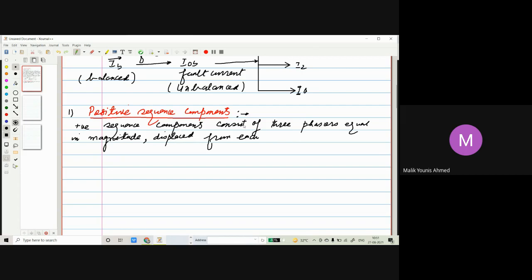So positive sequence components will naturally, because I have told you, each set of balanced phasors will have three. When the unbalanced phasor is resolved into balanced phasors, three sets of balanced phasors will be there. So the positive sequence component is one of them, and will consist of three phasors equal in magnitude, displaced from each other